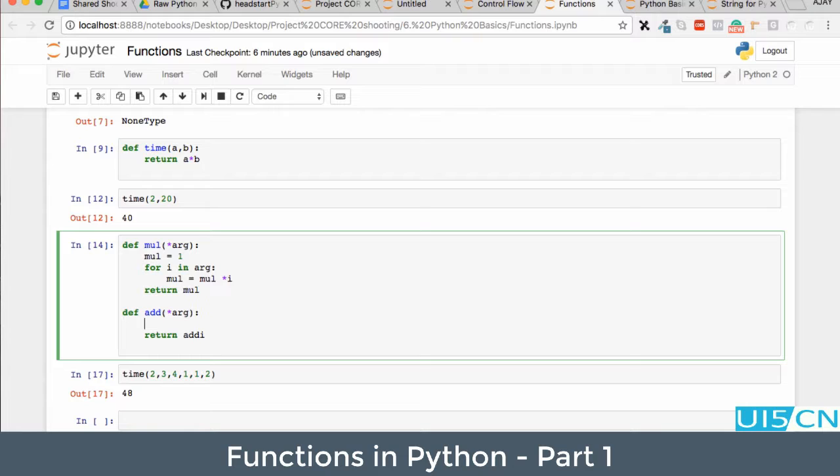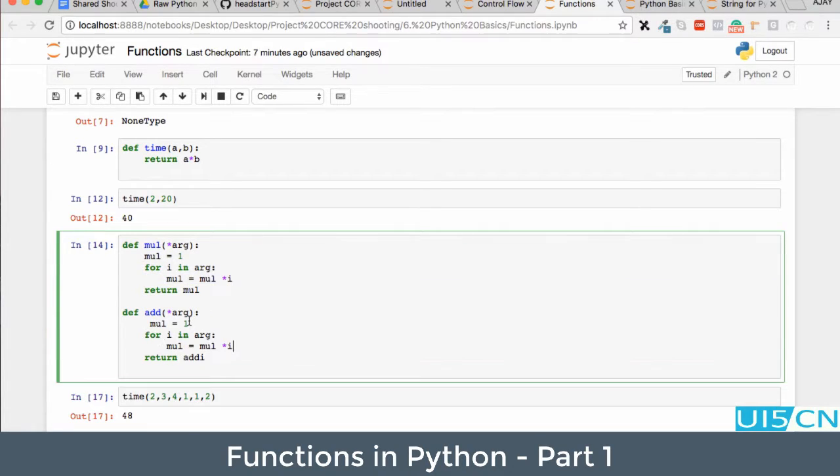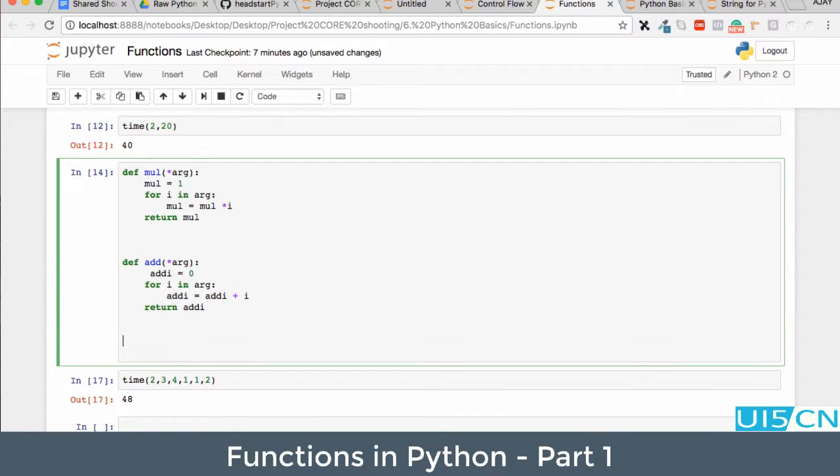I will be copying the same content, and addition is basically 0, from i to argument, and I will say add i equal to add i plus i, and this is again in turn have a calculation function where I will pass 2 values, a, b, and